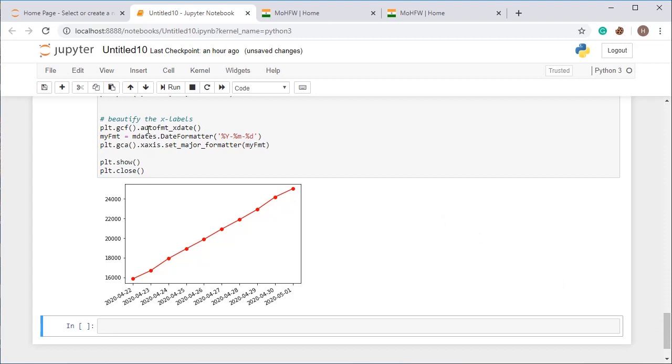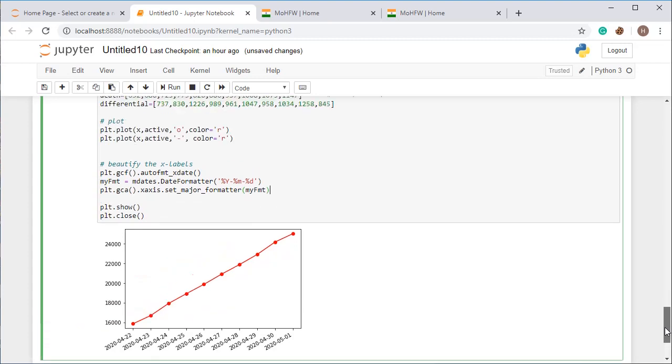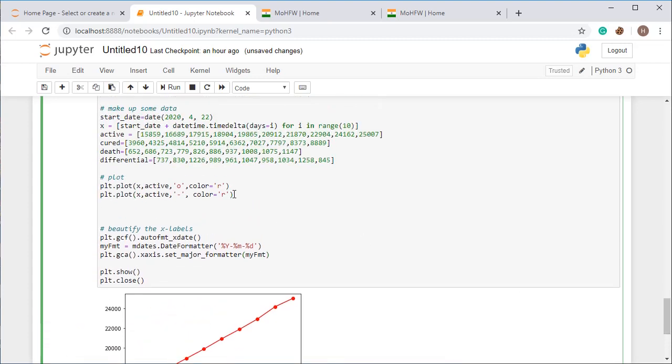And this one is actually the beautifying of the X level. I have used the format for beauty for this graph, means date format. So I'll not be discussing all these things. Just use the code I have used, because this one is from object oriented programming with Python. So don't worry about those things. You will also be learning in the upcoming days, whenever you shift to object oriented, you will get to know all these things there.